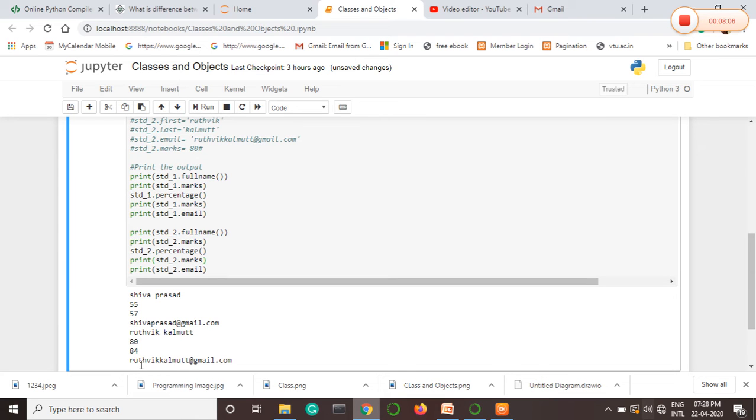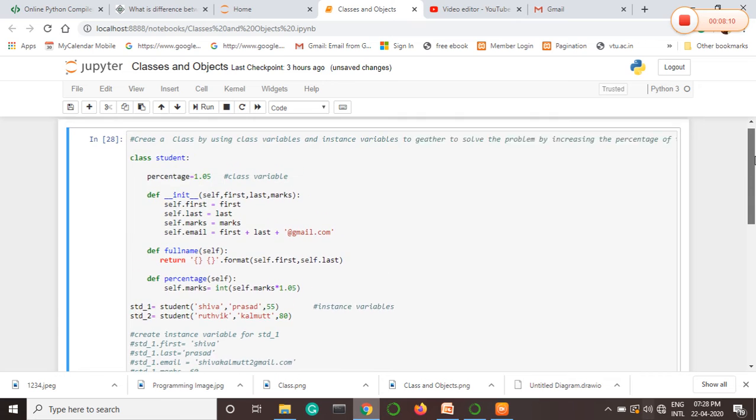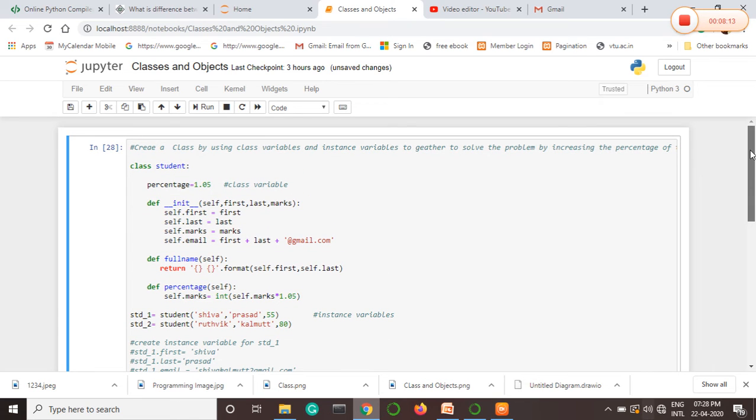So this is how we can create a class variable and make use of that particular class variable for defining any of the functions. Here we have used a class variable called percentage equal to 1.05 in order to increase the percentage of all the students. So when I use this percentage variable and define the method, what is the method that we are going to use for our program?